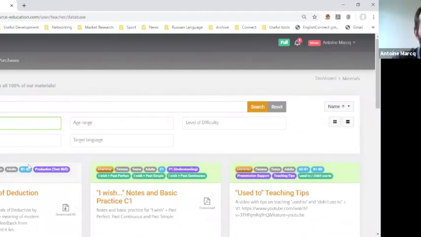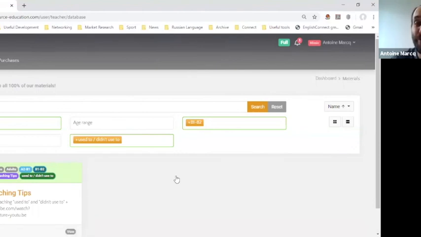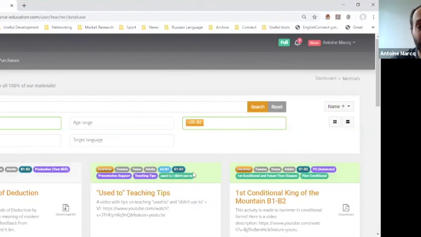So my students are B1, B2 level. If I see the tag B1, B2 in an activity and click it, it adds itself to the filter automatically. Now they're B1, B2, and I'm not teaching them modals. I'm teaching them used to. Okay, I click on used to and boom, it filters more and more. And same thing, if I click on them,